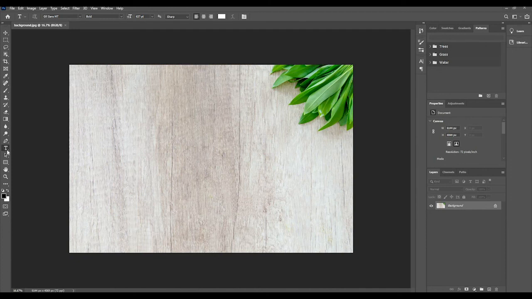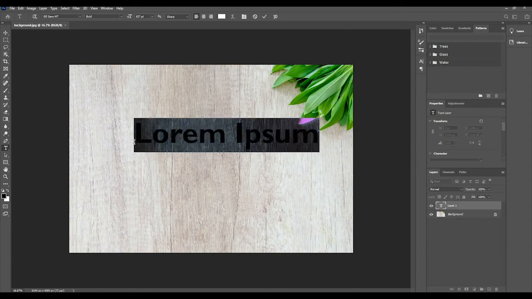Now in it you'll see a little black arrow at the bottom here, and if you click it you'll see the hidden tools that are within the type tool, right? So it's horizontal type tool, vertical type tool, and mask. We'll go on to masking in a later tutorial, but now we're going to stick to horizontal type tool. And basically when you click anywhere on the artboard, it adds an automatic layer for you, right? So we could just type here